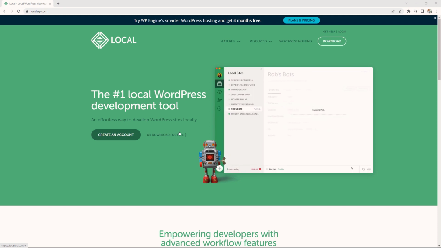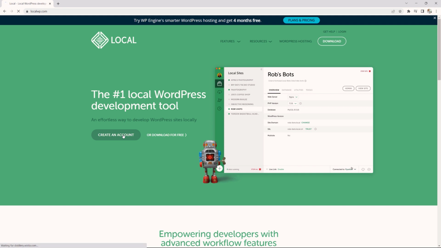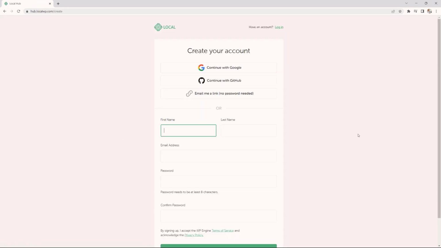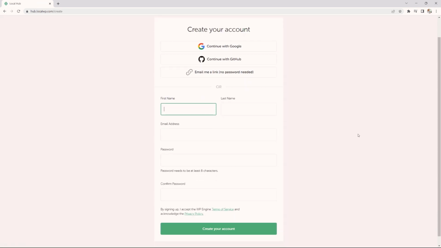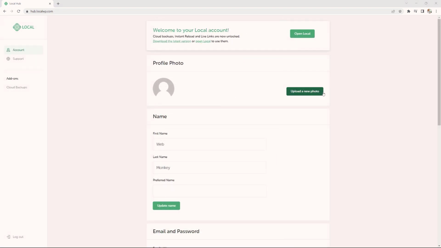So I would recommend that you simply just go ahead now and click on create an account. Now, the process is very straightforward. Simply add your first name, last name, email address, provide your password, and then simply create your account. Now, as you can see, I have already logged into my account,